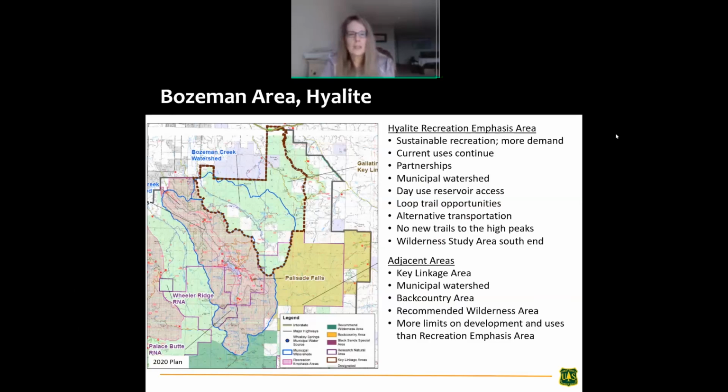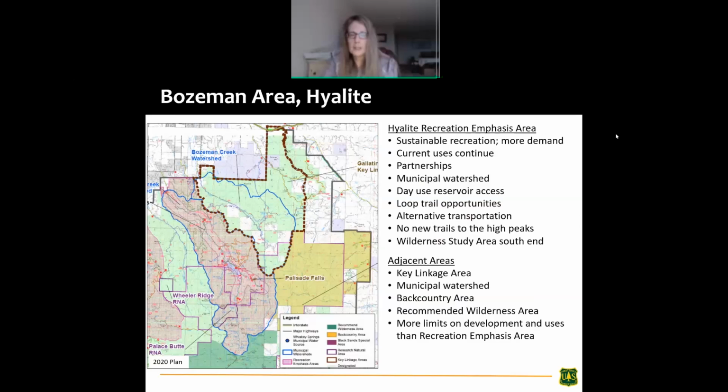And then let's look at Hyalite in context of the surrounding areas. Most of those surrounding areas are going to have more limitations than the recreation emphasis area. So to the south in the green is recommended wilderness. To the east is a backcountry area. Also to the east is a key linkage area. So where